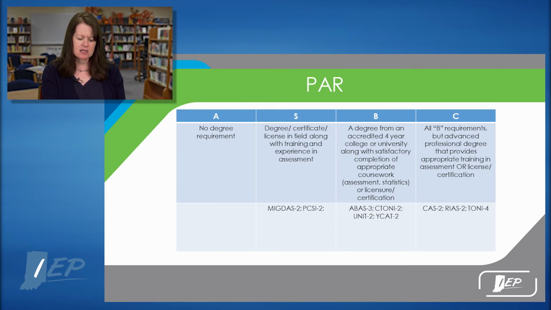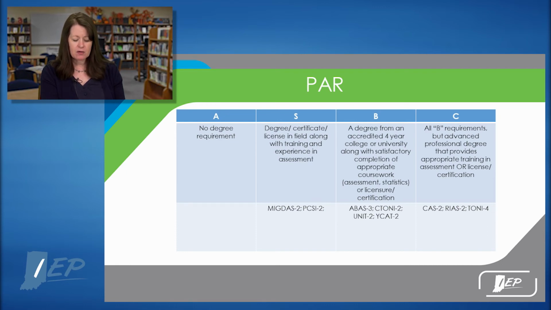They list the MIGDAS and the PCSI. So the MIGDAS is an autism evaluation. So thinking about that, if you've got background in working with autism and you've got some training and assessment, but not necessarily a higher degree, you can still participate in things like the MIGDAS in being able to use that with students. A B level does take a degree from a 4-year college,